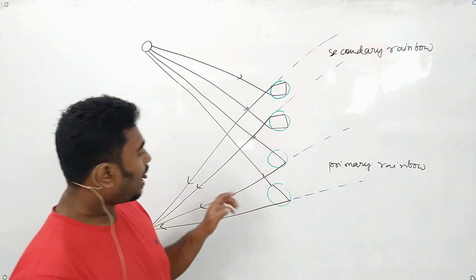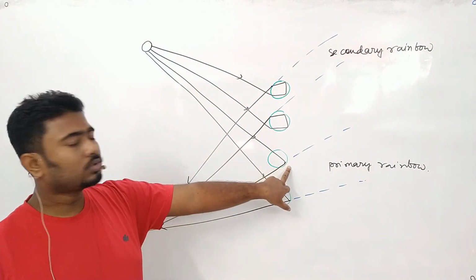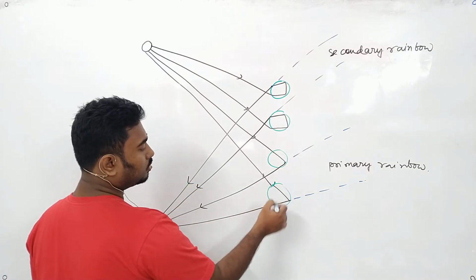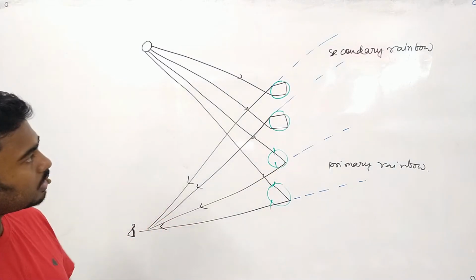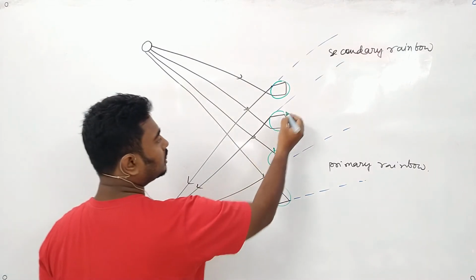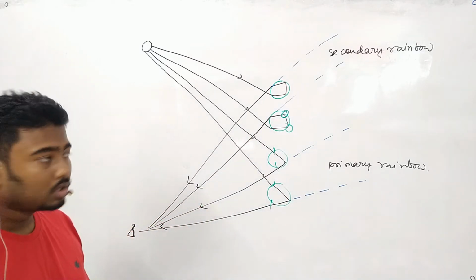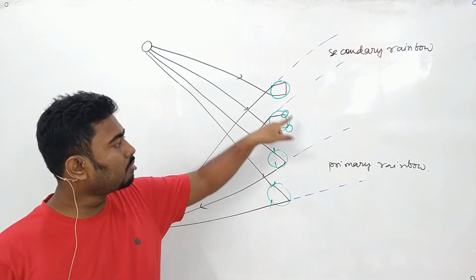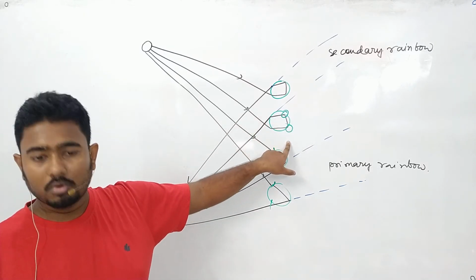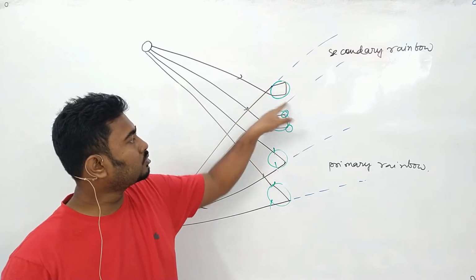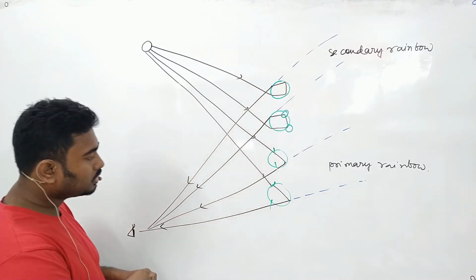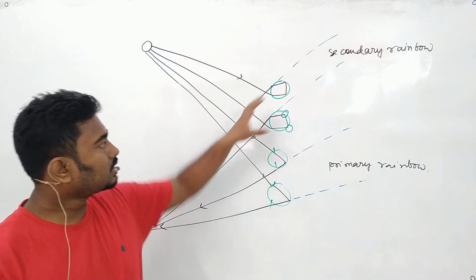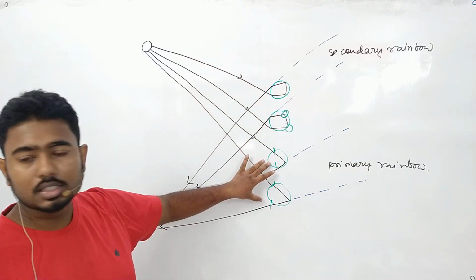First thing is, how many times is it getting totally internally reflected? One time. And how many times is it getting refracted? 2 times, right? But if you watch the secondary rainbow, how many times is it getting totally internally reflected? 2 times. Now if it has to get refracted 2 times, it is traveling much more inside the liquid, so a more amount of energy will be lost. If you see this one, more energy will be lost. But if you look at this one, just going and coming, less energy will be lost. So in some cases more energy is lost, in some cases less.